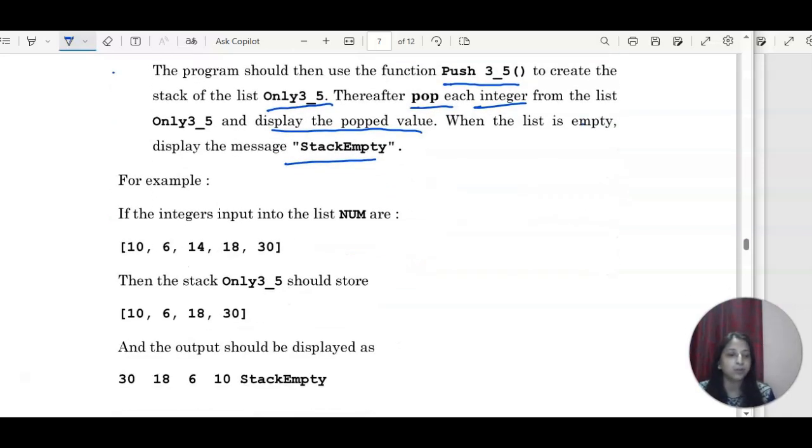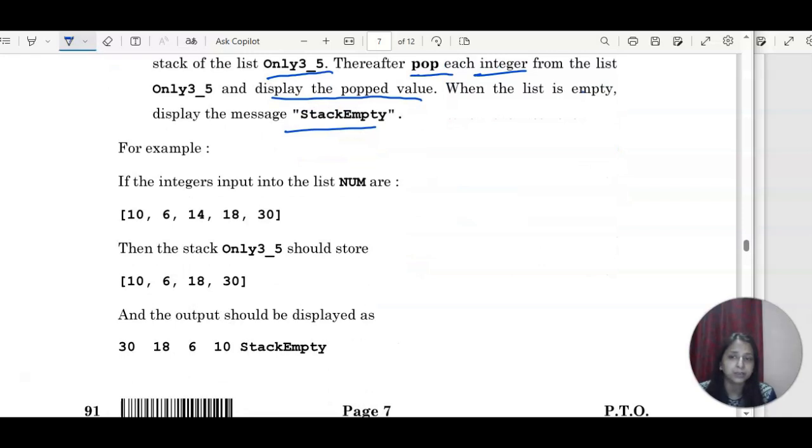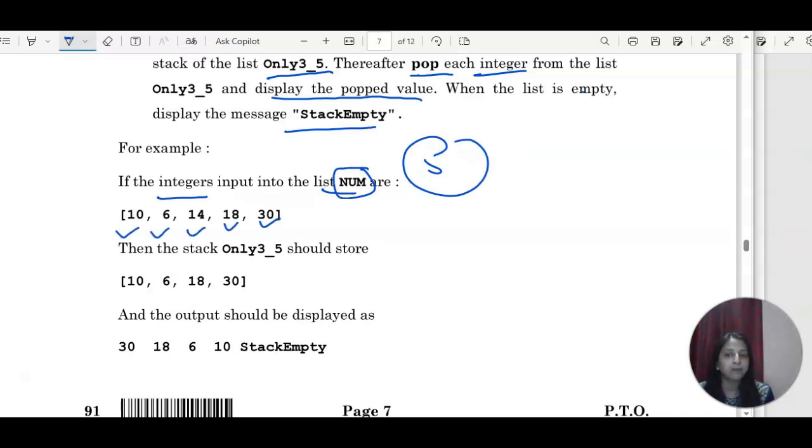In this example also everything is given properly. So here you please check it. The number of integers in num given are 5. So these are the 5 values. Suppose you have to check the divisibility of 3 and 5. 10 is definitely not divisible by 3, but it is divisible by 5. Inserted. This is divisible by 3. Inserted. This is neither divisible by 3 nor 5. So this is rejected. Inserted, and this is also inserted, right?